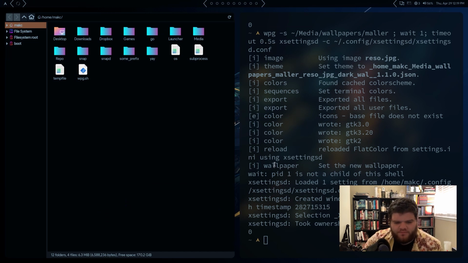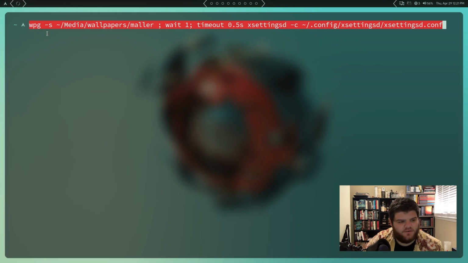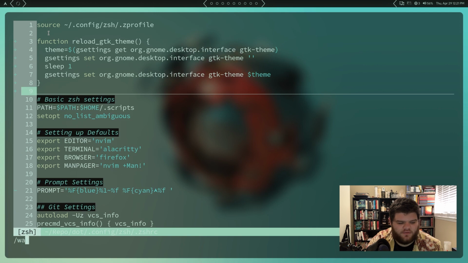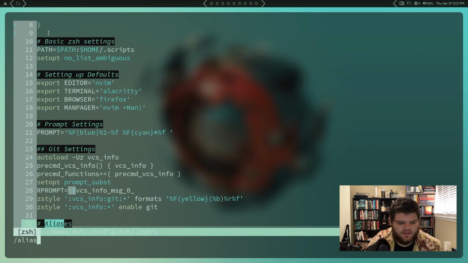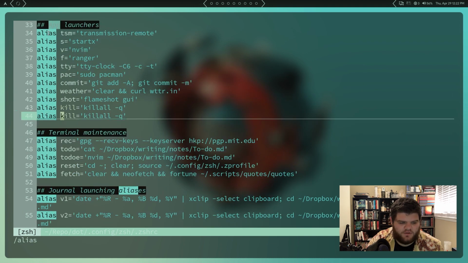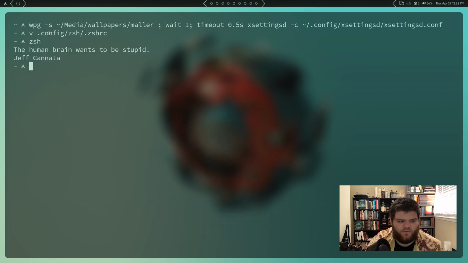So that's cool, but now let's try to make this a little bit more permanent. So I'm going to go into my Zeesh config. So that's config zeeshrc, and I want to come down to where I have aliases set up. And I'm just going to create a new alias to run all of this nonsense for us so that I don't have to do it myself. I'm going to make the alias just the letter W and paste all that in. And then if we reload Zeesh,